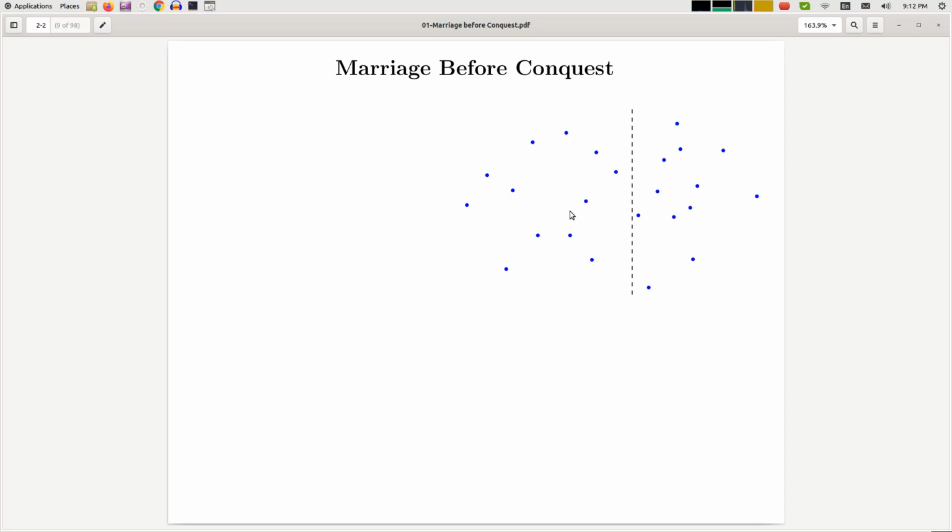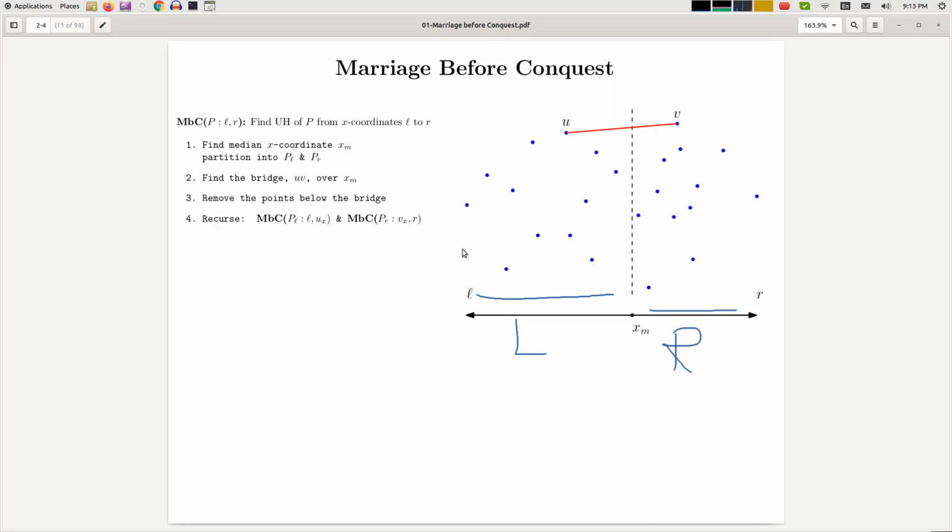So formally speaking, this algorithm finds a median x coordinate, or if you want, just samples a random point. Like in your implementation, you can just sample a random point and use its x coordinate to divide. It divides the point set into left and right. So there's this left point set and then the right point set. And then it finds the common tangent between the left upper hull and the right upper hull without actually computing the convex hulls or the upper hulls. Once you find this upper tangent, then we know that